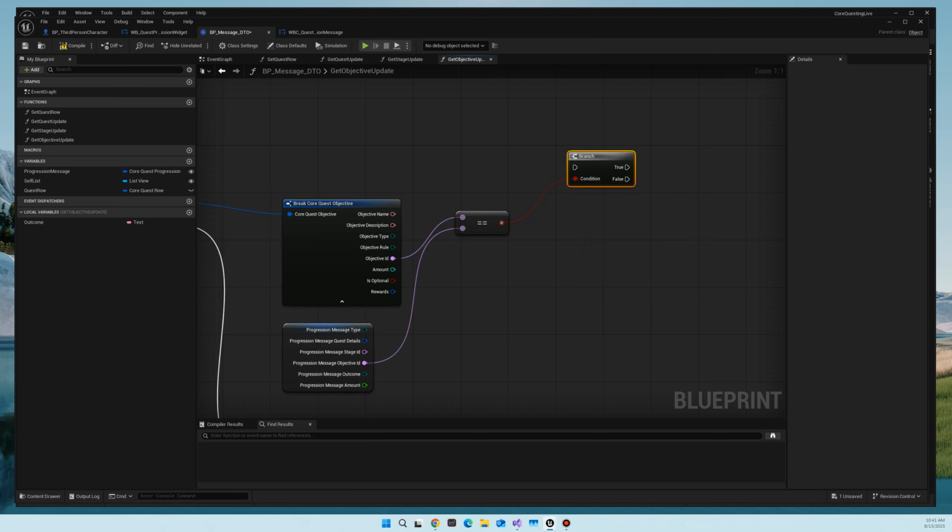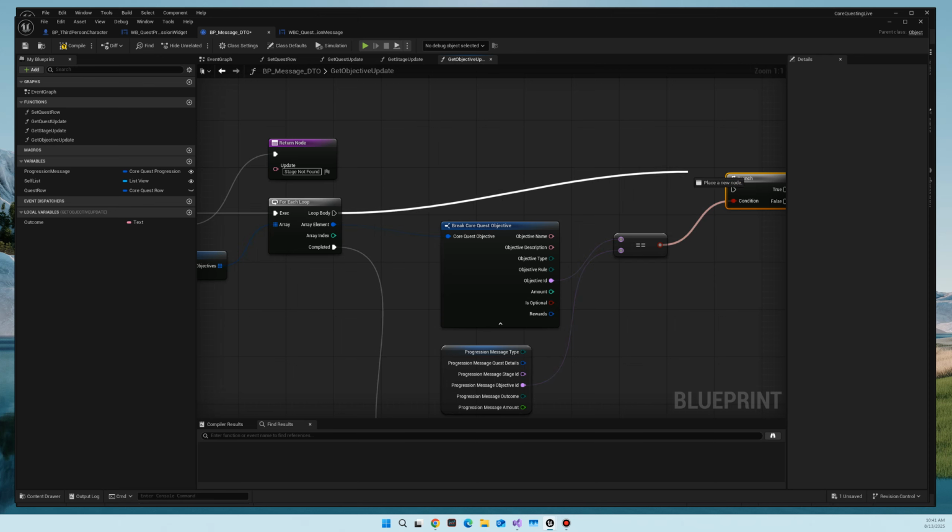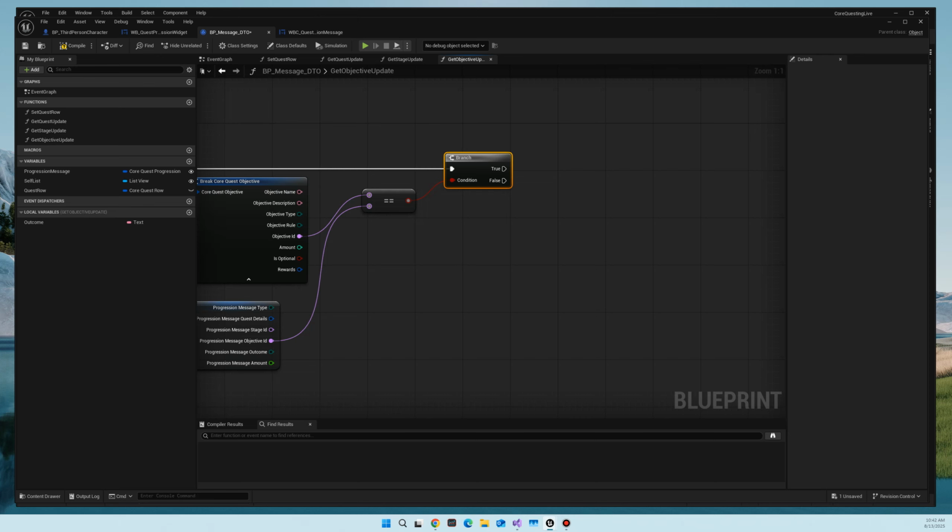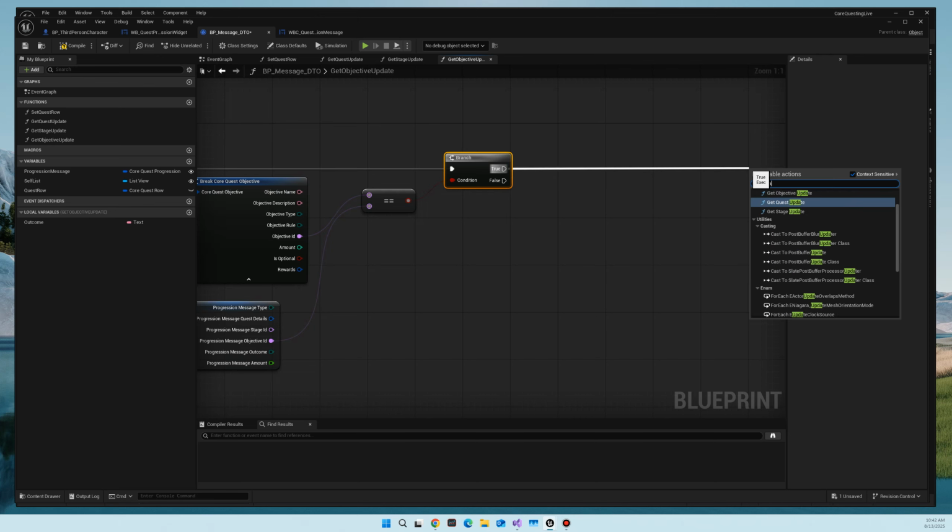Branch again, so on body we're going to hook that one to there. So if we find this objective in this, which we should, then we can proceed to go ahead and output our string. So nope,